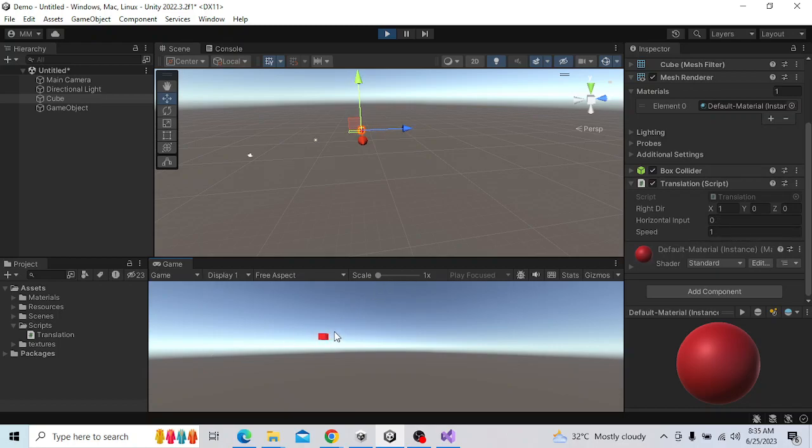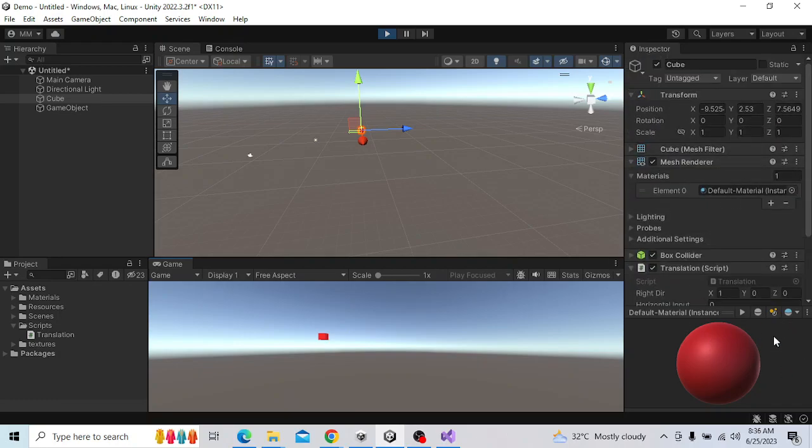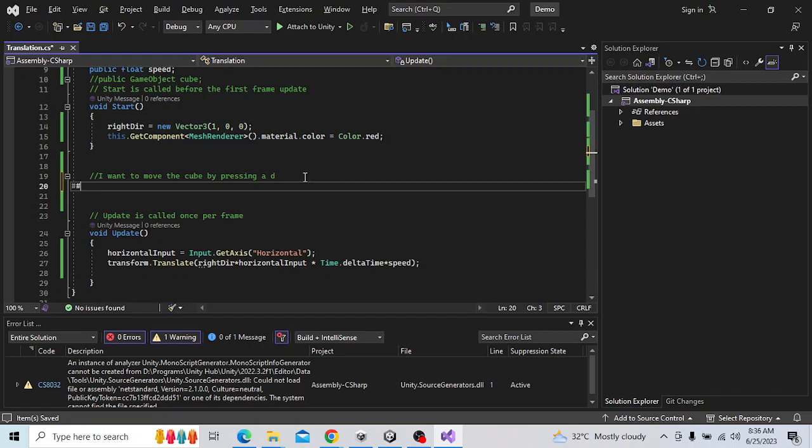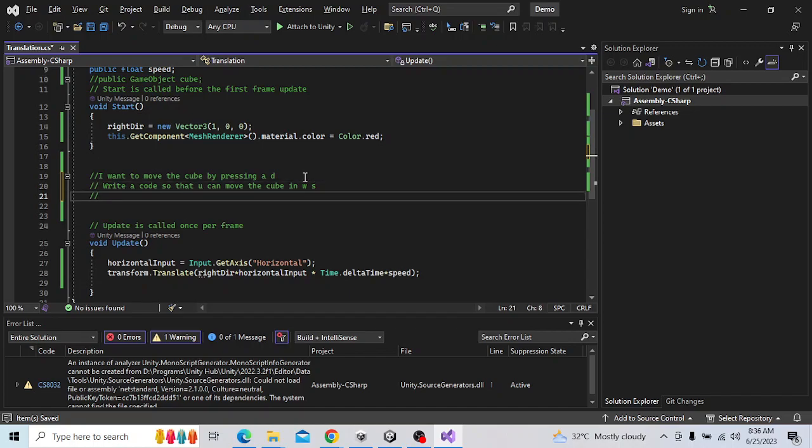So that was the basic introduction to movement, to getting around with translations, to changing the colors. One task that I'm going to give you is I want you to write a code so that you can move the cube. So the first task is going to be, you can move the cube in the W and S direction. The second task is going to be write the code so that you can move the cube in all 4